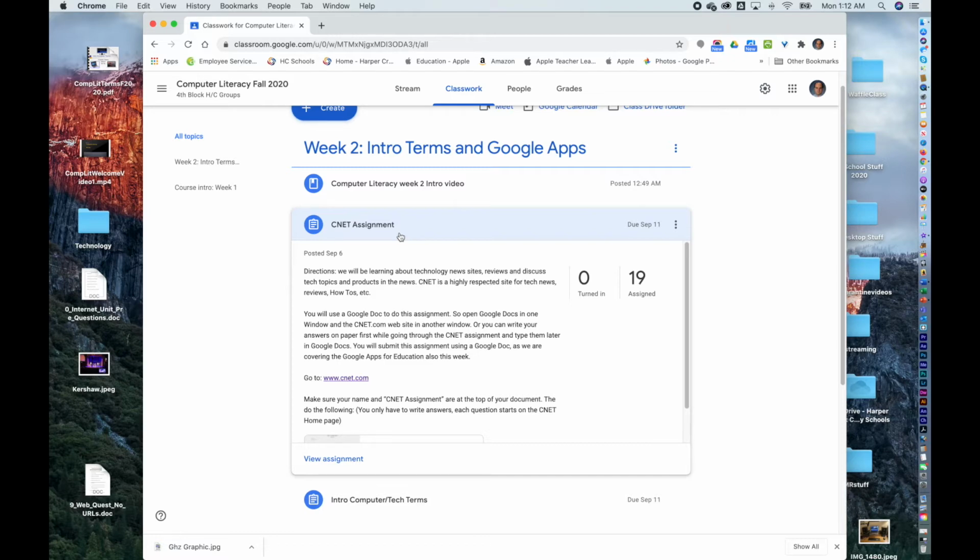So open Google Docs in one window and the CNET website in another. It's probably the best way to do it. Some of you may prefer tabs, but I'm going to do it in 2 different windows. If you've got a big monitor, you can have them side by side. If you've got a smaller monitor, I'll show you a little trick here because I'm on a laptop, so I can click between them fairly easily. And then while you're going through the CNET assignment, type them